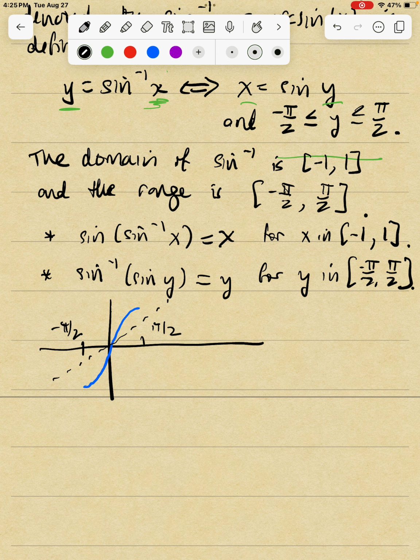So here's negative 1 and 1. Pi over 2 is a bit more than 1, right? So here's 1, here's negative 1, and you reflect about the line y equals x, so you're going to get something that looks like